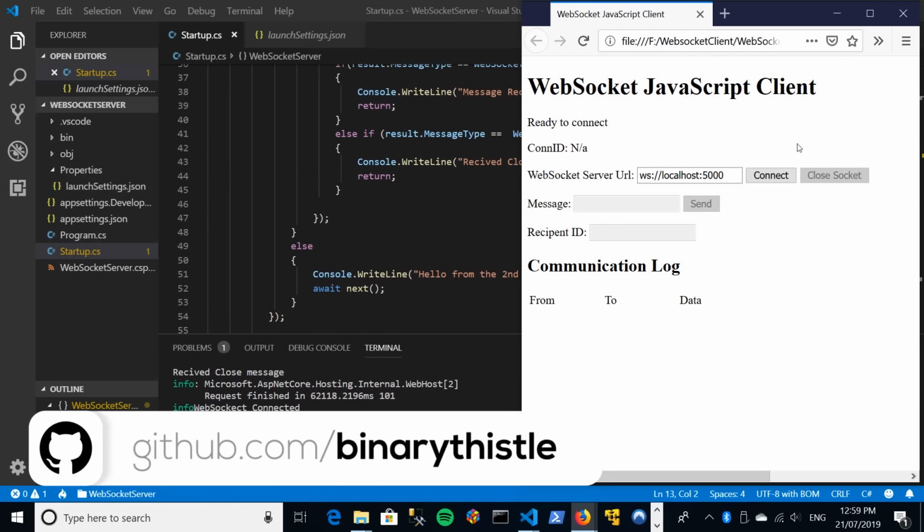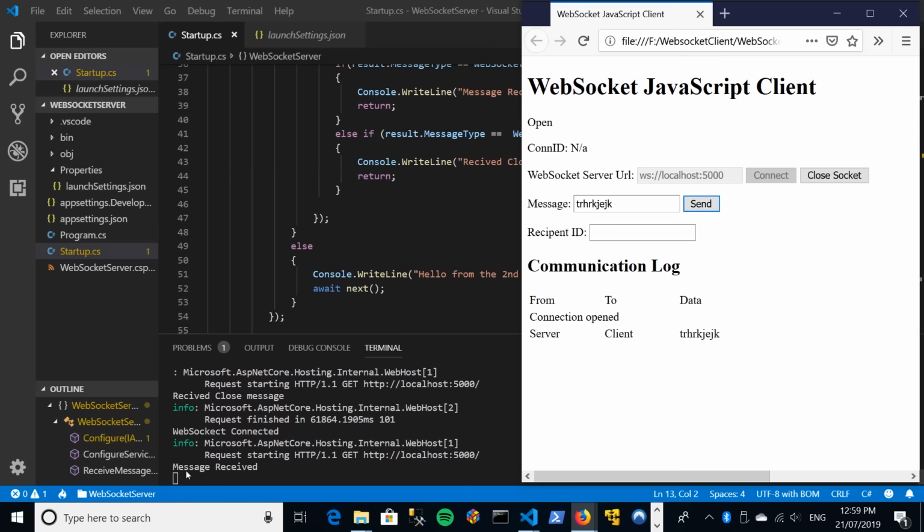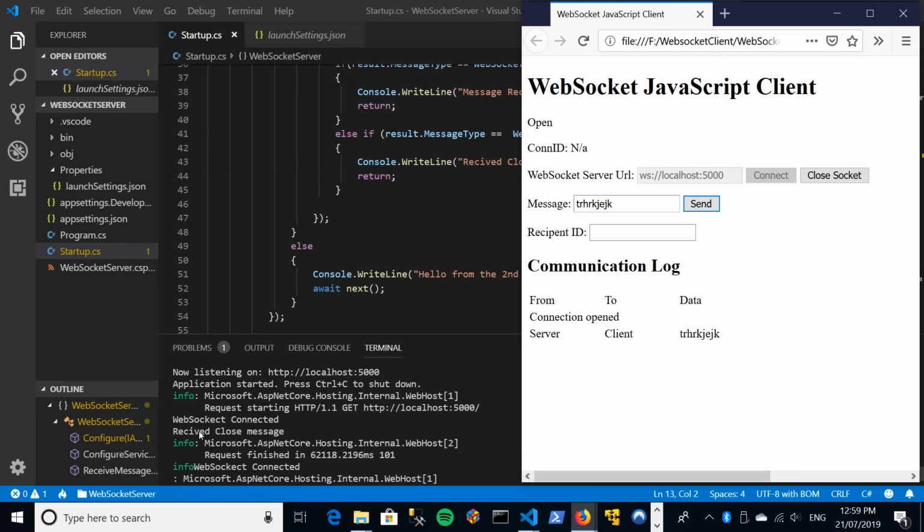So yes, we're testing our send message functionality, so let's connect in. Cool, so that's disabled now. Okay, let's just put a message in, any old rubbish. Click send. Excellent. So we've now received our message. Now the other thing that you would have noticed, when we connected, we didn't immediately get a disconnection, and that's